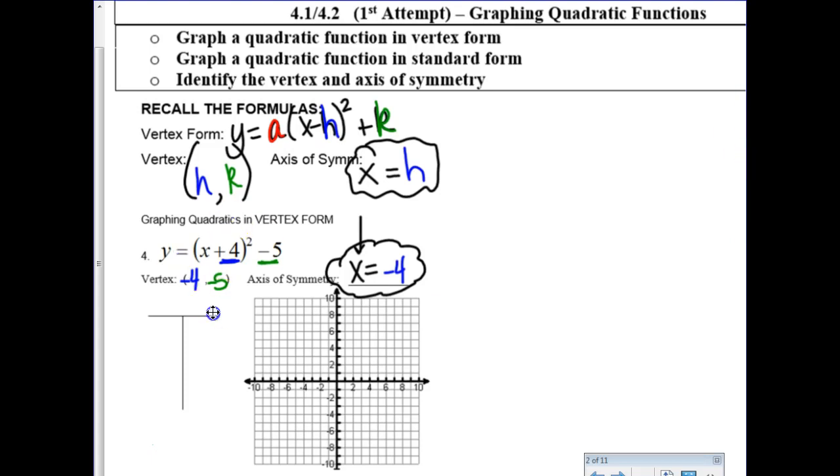All right, so from here, you do not have to actually do any more thinking. If you want, you can just place the vertex in the middle of your ordered pairs. Oops, that's a -5 though. And then you could go to your calculator's table and figure out the 2 ordered pairs, the one that's above it and the one that's below it. So you should be seeing some symmetry. I don't want to pull out my graphing calculator right now, but if you enter this into Y1 and you type carefully, you're going to see that when you scroll around on your table to x equals -4, the point that's right above it in the list is going to be,